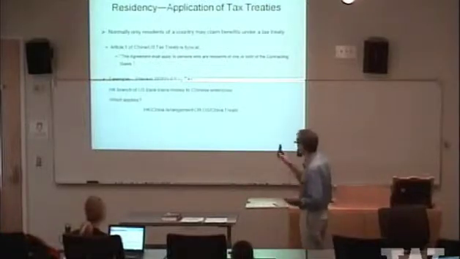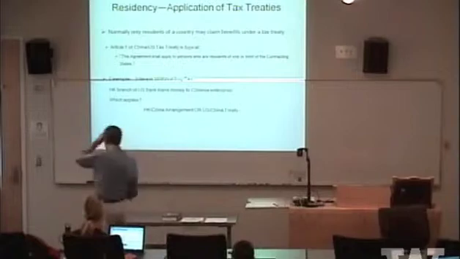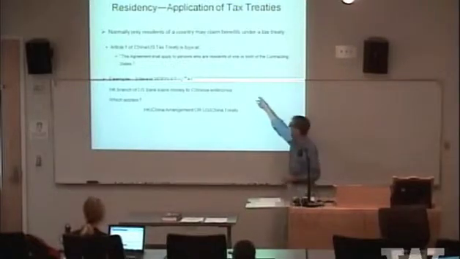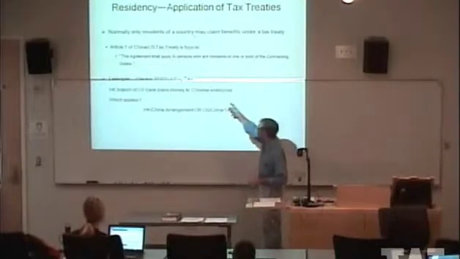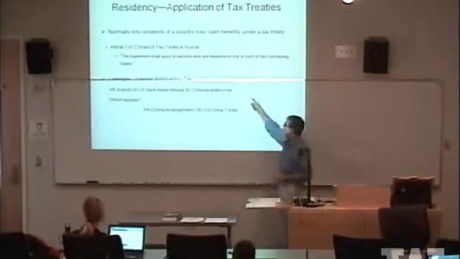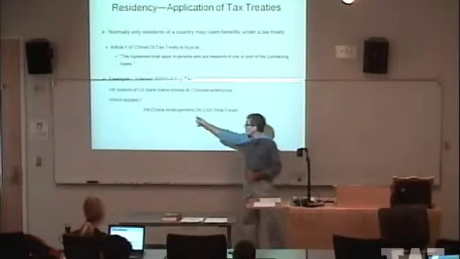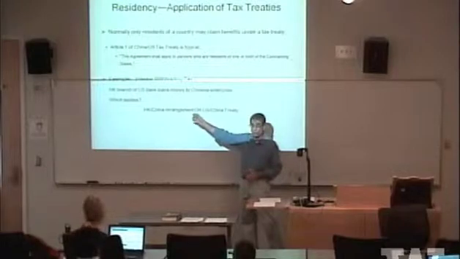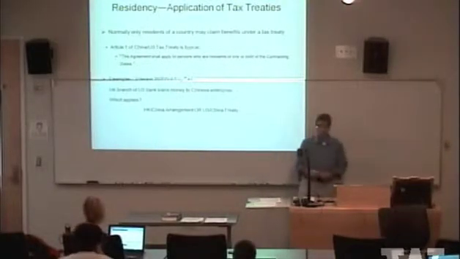Okay, there was one item here which I had wanted to cover and I had totally forgotten about. Down here where it says, example, interest withholding tax, Hong Kong branch of U.S. bank loans money to a Chinese enterprise, which applies the Hong Kong-China arrangement or the U.S.-China tax treaty.